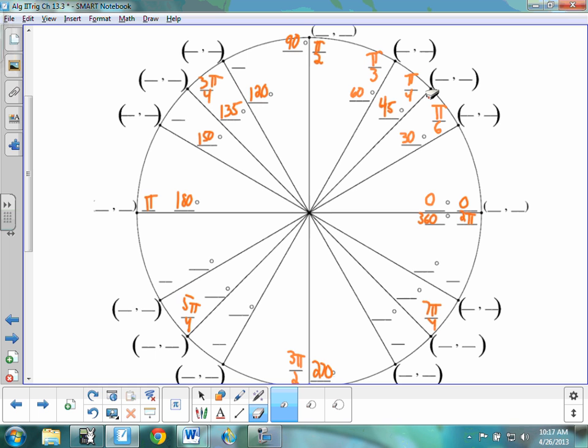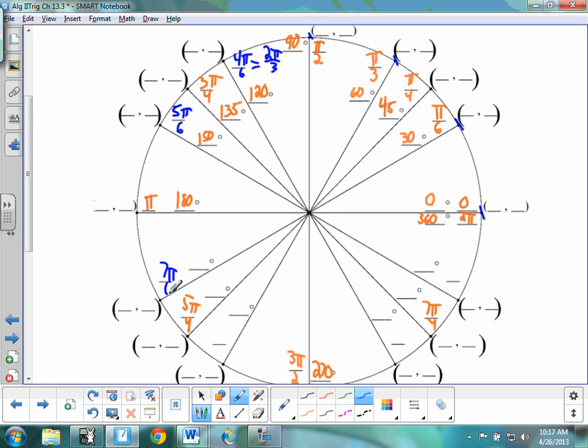So we counted by pi over 4s. We can also count by pi over 6s. Do this in blue. If this is 0, and then I have 1 pi over 6, and 2 pi over 6, and 3 pi over 6, and 4 pi over 6, and 4 pi over 6 reduces to 2 pi over 3, and then 5 pi over 6, and 6 pi over 6, and 7 pi over 6, and 8